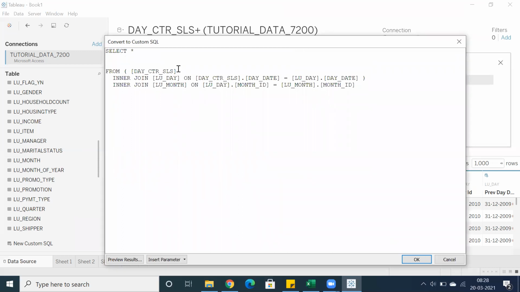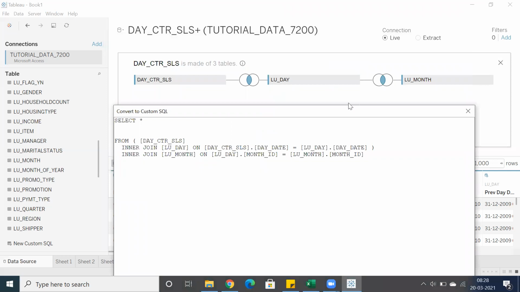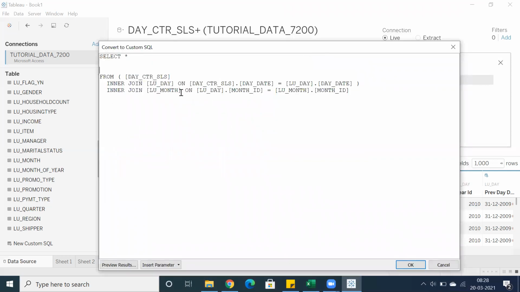But let's concentrate on this. How many tables do we have in general? 3 tables here, 1, 2, 3. And how many joins are we getting here? 2 joins. That's the RDBMS rule. And we didn't write this manually.